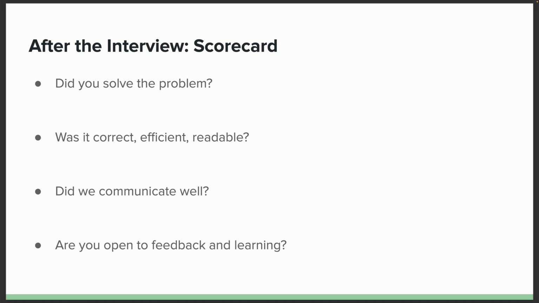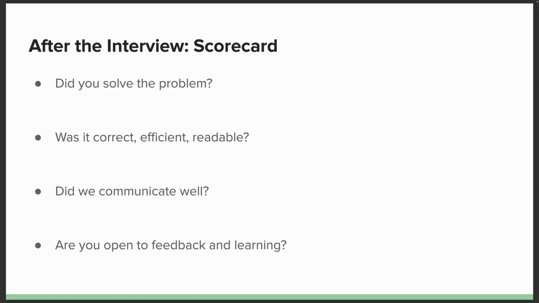And did we communicate well? Again, very important, because we're also trying to work out not just, do you have the raw skills in terms of data structures and algorithms or problem solving, but I also want to know, are we going to be able to work together? Are you going to be a team member in my team who is a contributor and who is somebody who is pleasant to work with and improves the team, as opposed to being, like we were talking about before, someone who's insufferable and hard to work with.